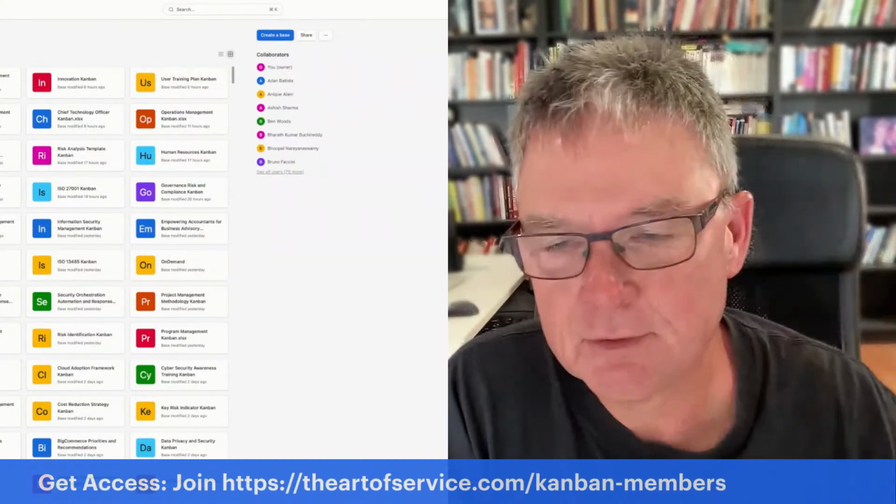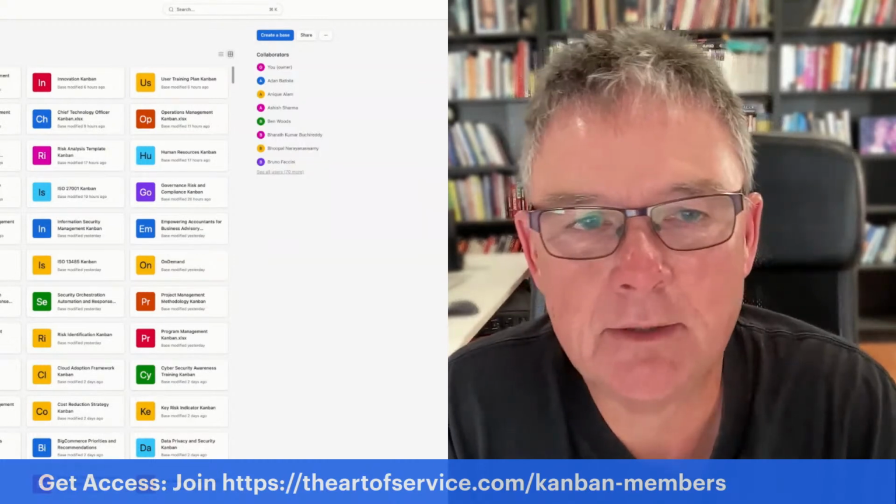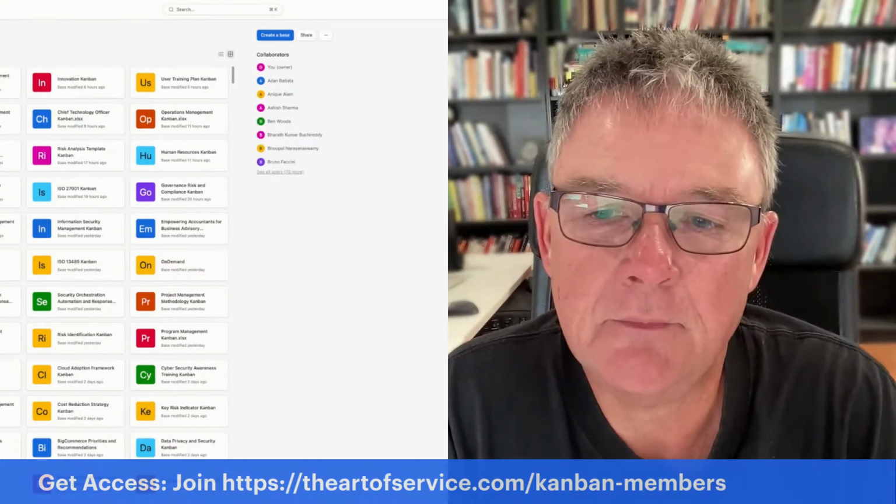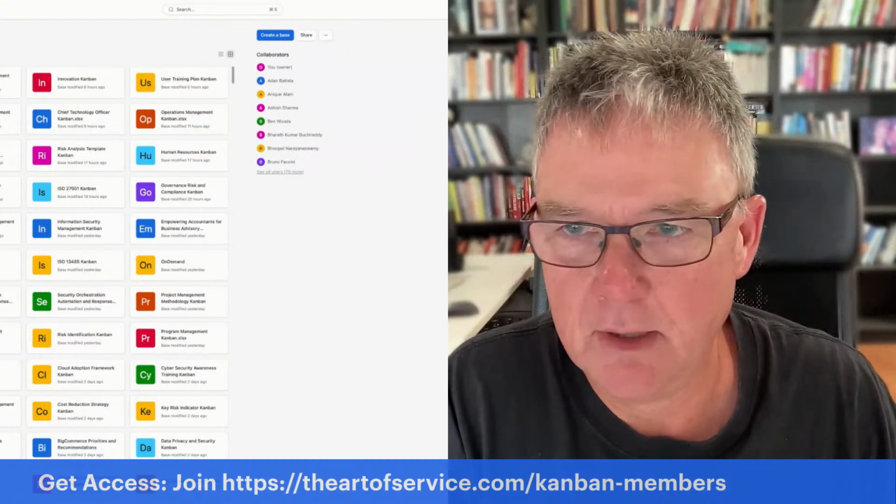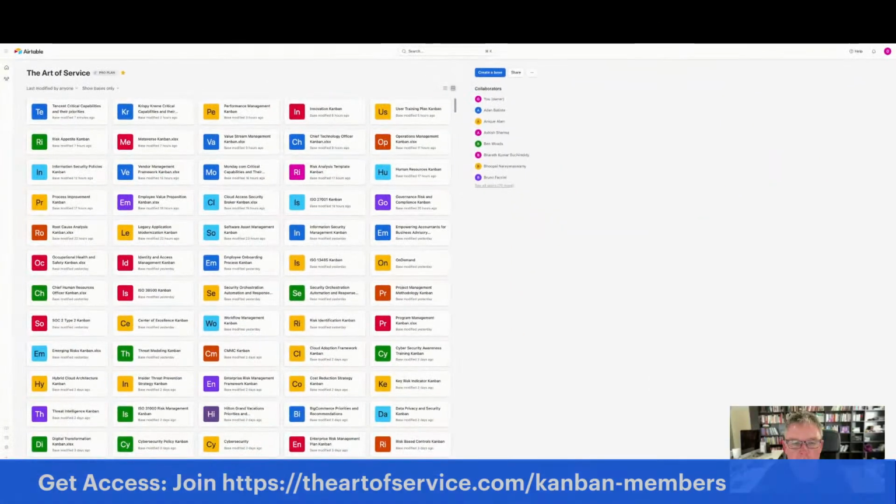So what you see here on the left hand side, that's what you're getting when you're subscribing to our data services. You'll get access to our Airtable environment. And let me make myself a bit smaller so you can actually see what's going on. There's the Airtable environment, and it consists of all our content and the daily update on a company. We focus on one company. We're focusing on Tencent today, and Tencent's strategies, the questions they're asking themselves, and the answers they're looking for, and the type of organization that they need to be and are and want to be.